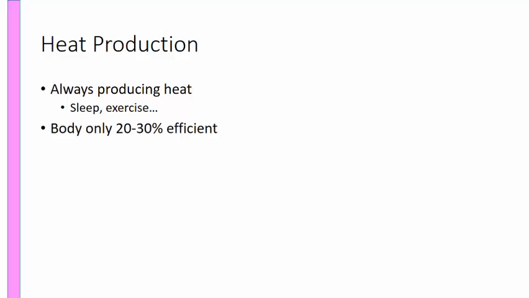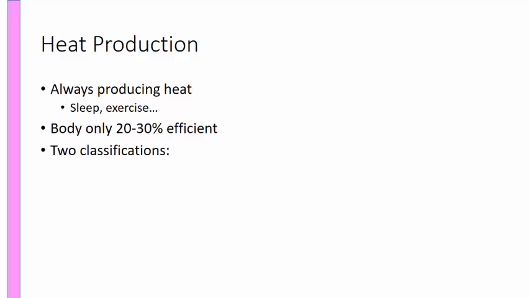And our bodies are only about 20 to 30% efficient. When we break down an ATP molecule, we really only get about 20 to 30% of that ATP molecule used for movement, and the other 70 to 80% is let off as heat. So we are very, very not good at utilizing our energy efficiently. So we're losing about 70 to 80% of our energy as heat,